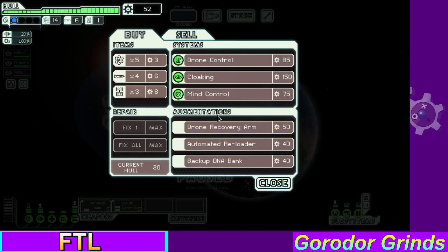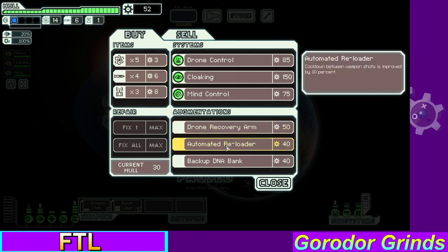Hope I explained that correctly, or well enough. Automatic reloader just reduces the cooldown on your weapons by 10%, which I think is nice, but I don't think it's really something you should go for. Backup DNA bank. I really like this if you have the clone bay, because clone bay,